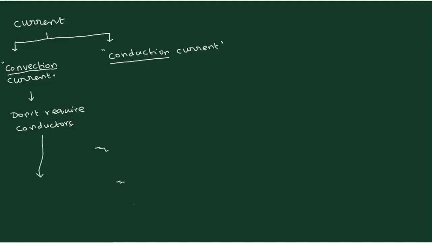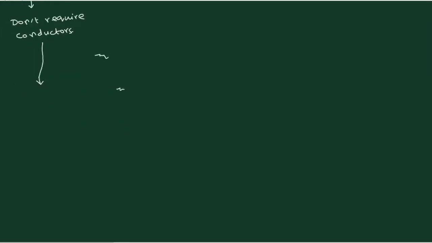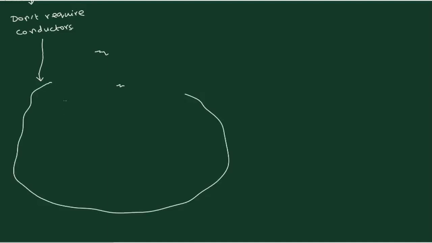For example, let me go down in the board so that we will have some more space here. So we don't require any conducting medium. Instead of that, we will say that the entire region is a vacuum. Okay. In this particular scenario, you can allow the electrons to pass through. Suppose you have an electron gun. What it will do is generate the electrons and then send the electrons with some speed.